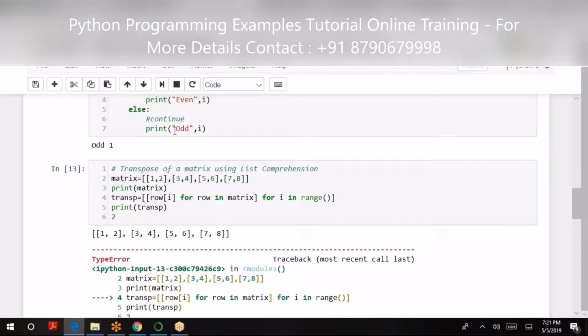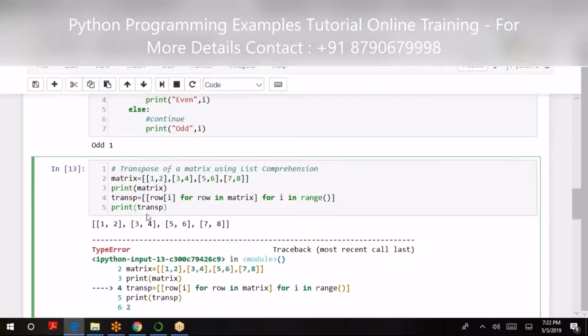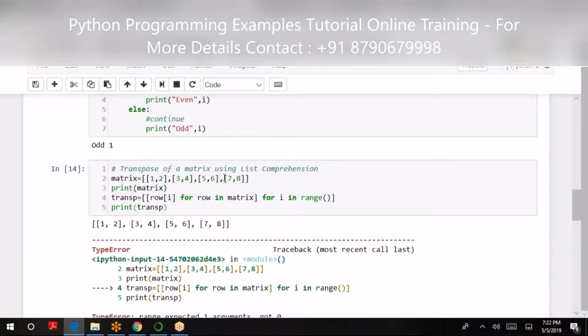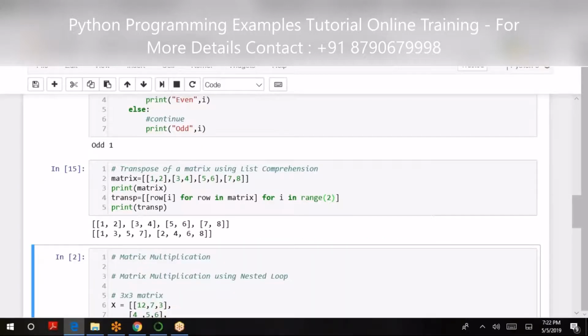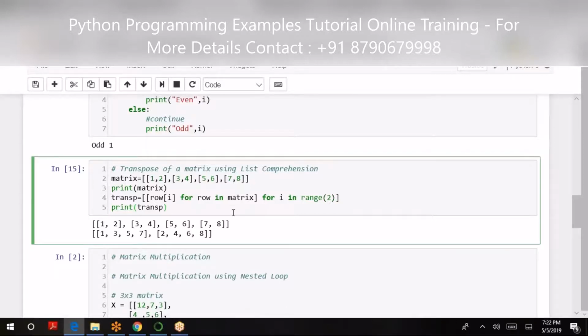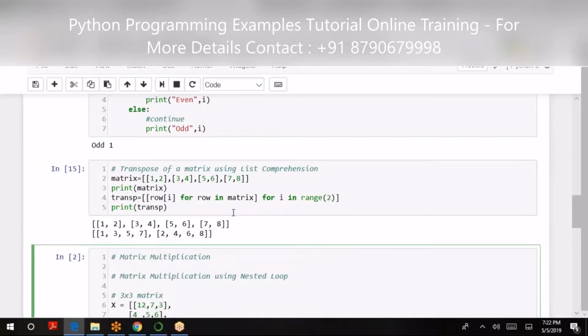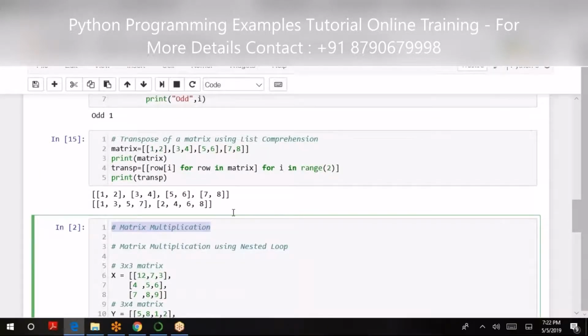So basically, you still have to give it the range. List comprehension is used for the array transpose, list transpose.